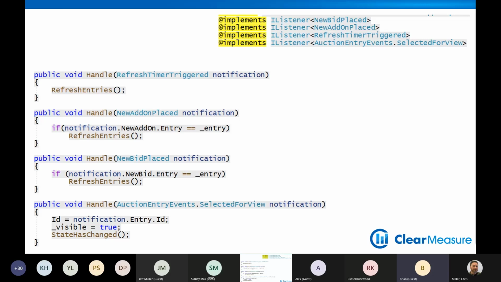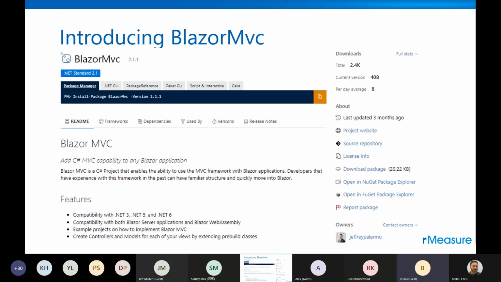All right, let me quickly talk to you about a library that you can use so that you don't have to do this all yourself. And it's called Blazor MVC. And Blazor MVC does two things. One, it gives you a pattern for separating your screen logic from your screen layout instead of having your C# code with your logic in the same code file or the same compiled object as your HTML for your layout. And it also gives you an implementation of a UI bus so that you can have eventing all around your screen. And I'll show you kind of what that looks like.